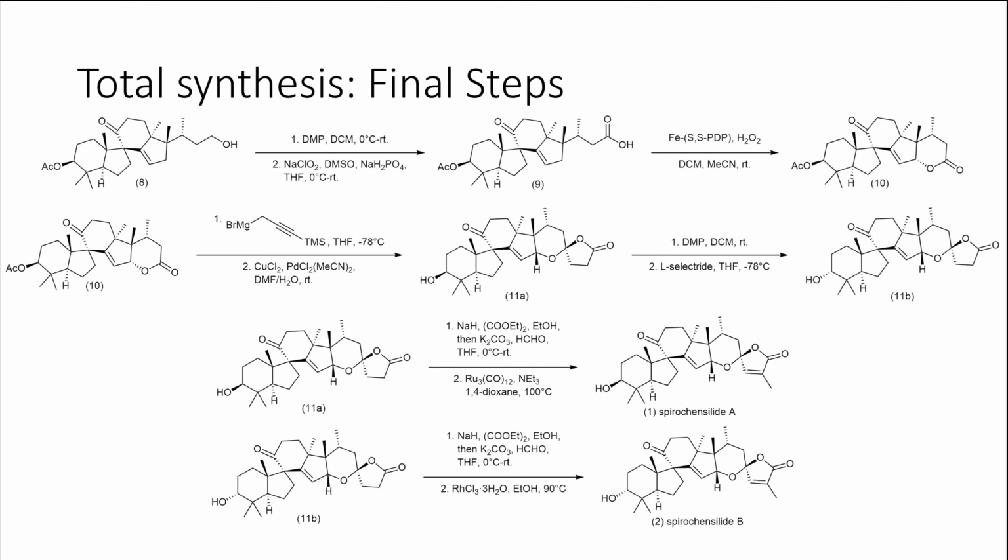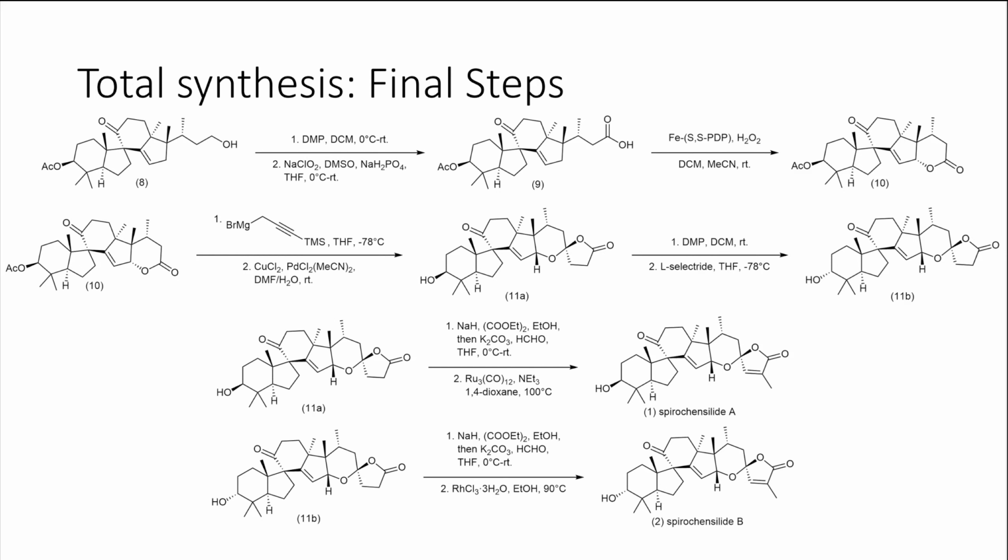Then, starting from ketone 8, oxidation by Dess-Martin periodinane, and then allylic oxidation formed carboxylic acid 9. Then 9 was subjected to the White catalytic system, and lactone 10 is formed, which is then treated with a Grignard reagent to form a hemiacetal, and then treated with copper chloride and palladium chloride to get spirolactone 11A, which